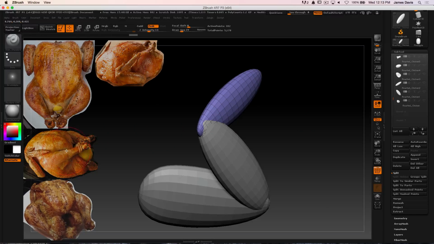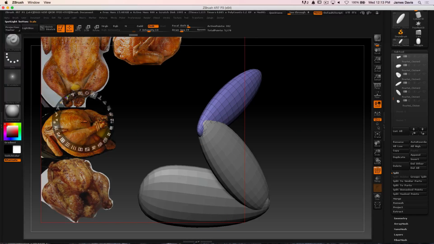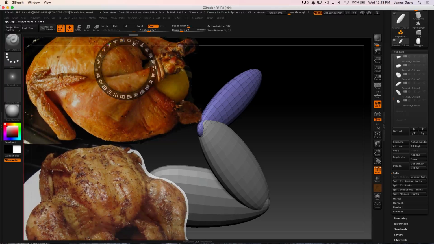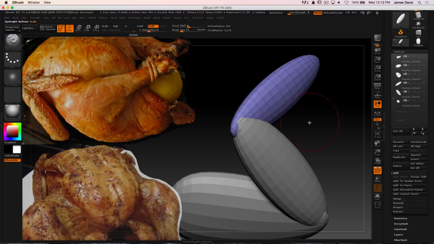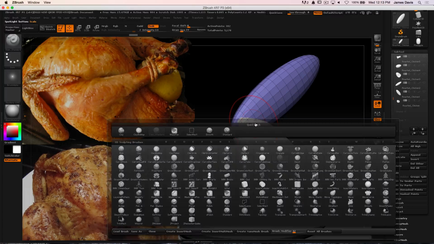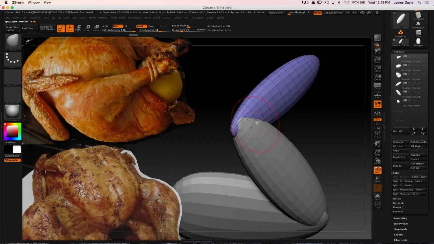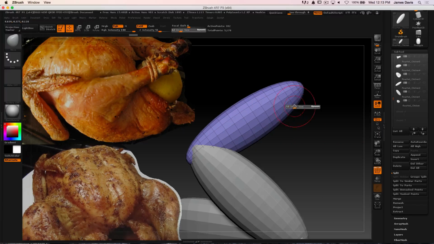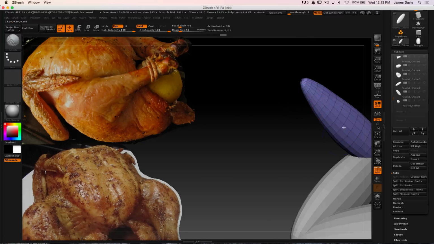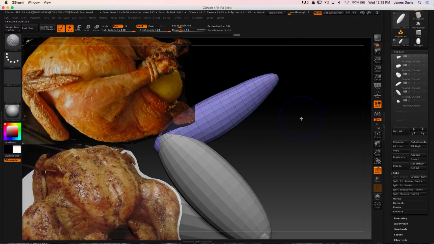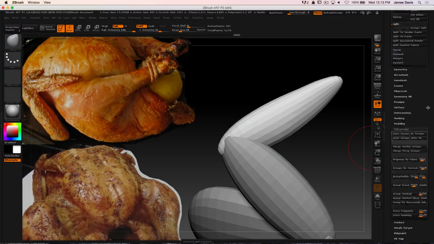I'm going to go ahead and press Z to bring up my image again, scale it up. So I got the wing area. And I'm going to go ahead and create some of the detail using the Move brush. So I can divide at this point if I wanted to, but I'm going to see how far I can get using the geometry I currently have. Shift F to turn off polyframe. Going to divide